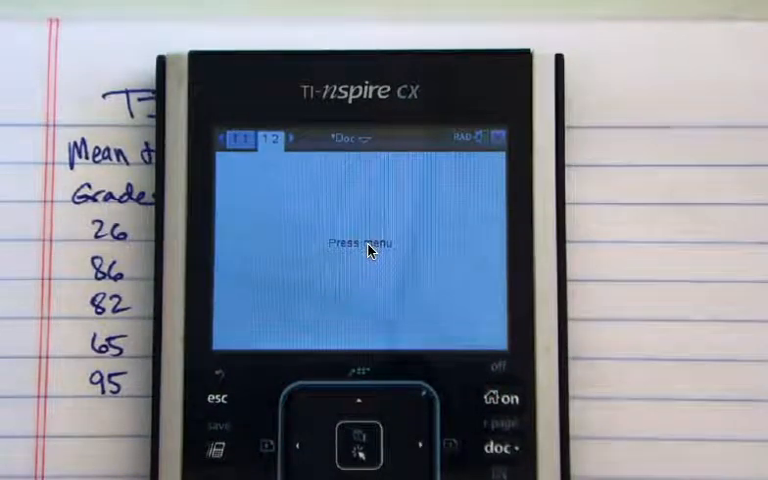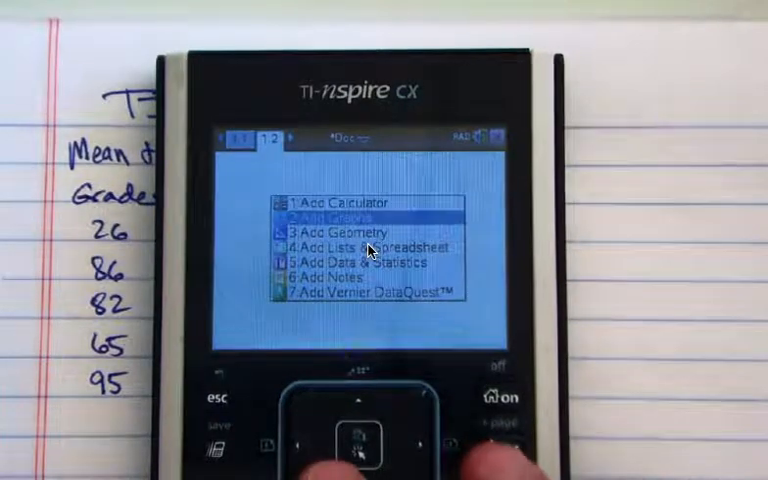So suppose I want to analyze the grades on the last test. I have a list of 5 grades. I want to find the mean and standard deviation using TI-nspire. First thing I'm going to do is get a new document open, and I'm going to go